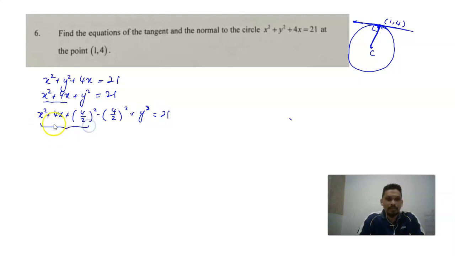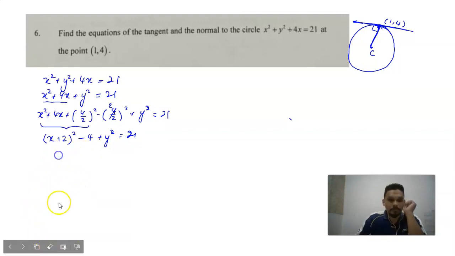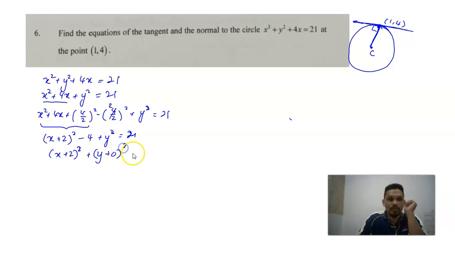And from these, we come up with x plus 4 divided by 2, which is 2, squared, minus 2 squared equal to 4, plus y squared equal to 21. Then x plus 2 squared plus y plus 0 squared